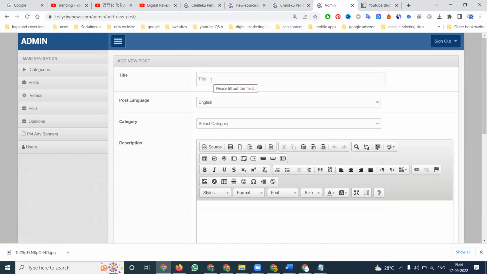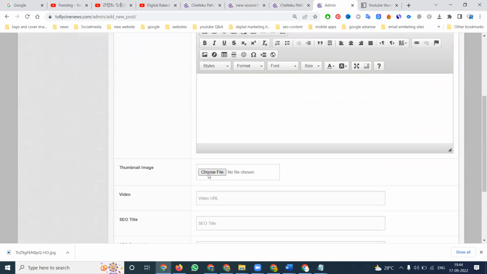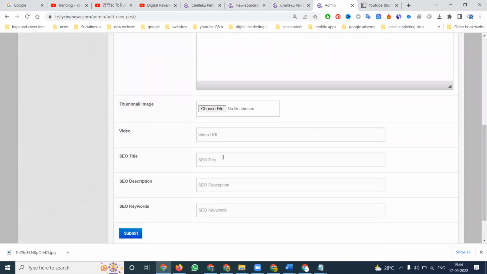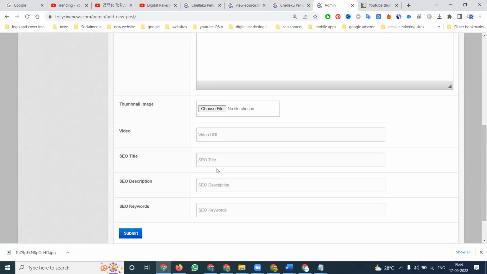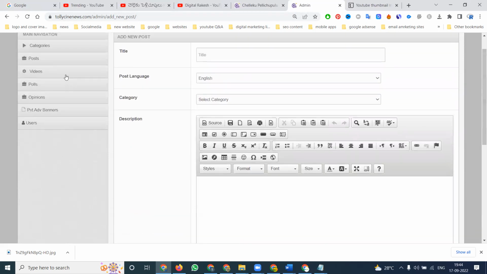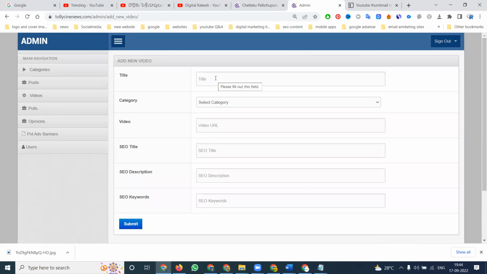Add post option: title, category, language selection, description, image uploading, video URL, title, description, keyword. SEO title, description, keyword: the main purpose is search engine purpose. And the image is for Google search image purpose. But here one more option, I'll already discuss. What is that? Video method. For the video method, this main option is not required. The simple method is the video title, category, YouTube URL, title, description, keyword. For example,